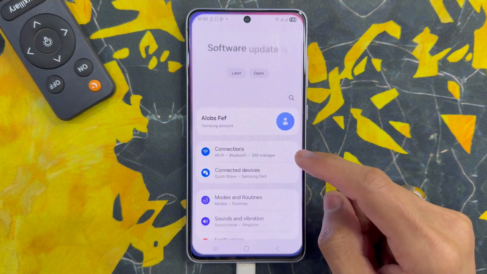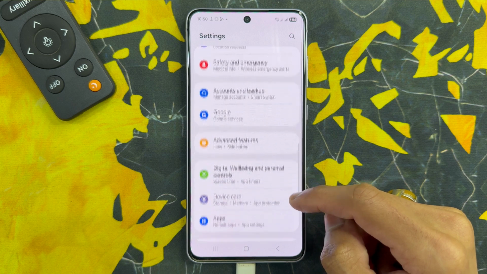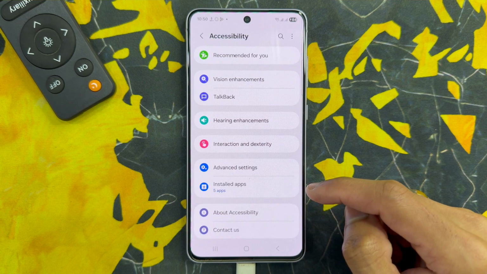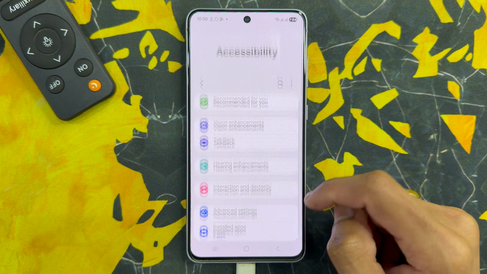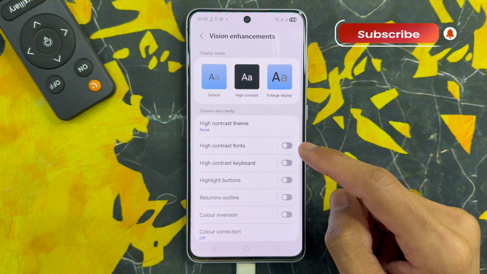Here click on settings app. Now in settings, scroll down and click on accessibility. After clicking on accessibility, click on vision enhancement. After clicking on vision enhancement,